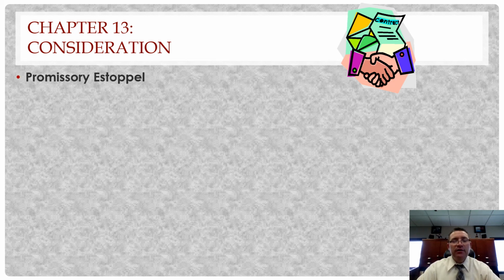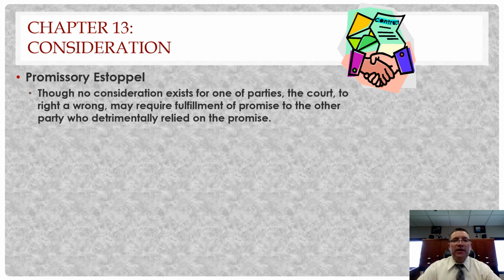Kind of continuing on with consideration. Now, there are times where something might occur where, although there was not proper consideration, somebody benefits. Remember, we've talked about what promissory estoppel is. It's where the court acts in equity to say, we don't think there's a fair situation here. We're going to try to create fairness. And again, you have a situation where somebody promised something, somebody relied on that promise, and then as a result of relying on that promise, there is some detrimental situation to them.